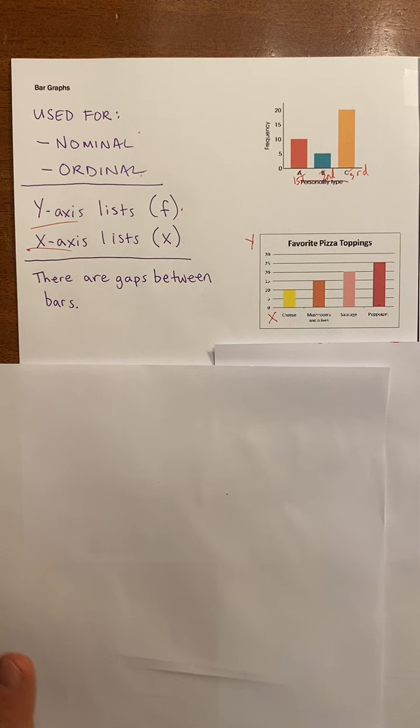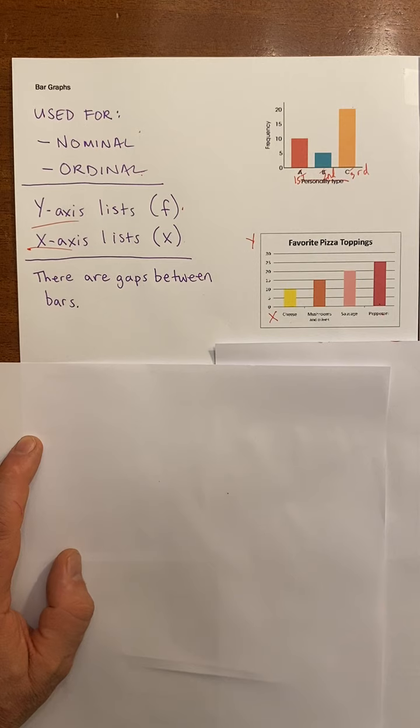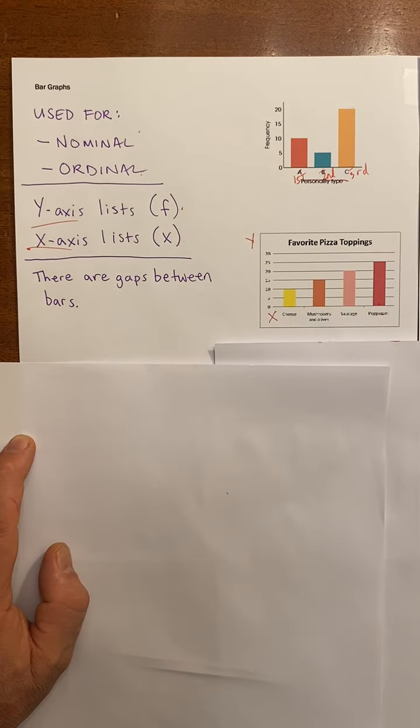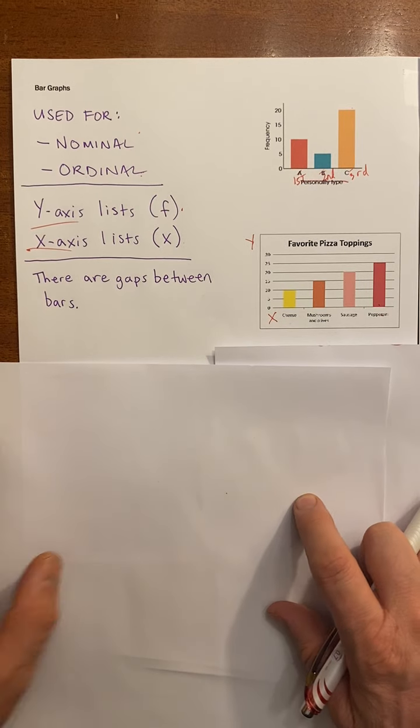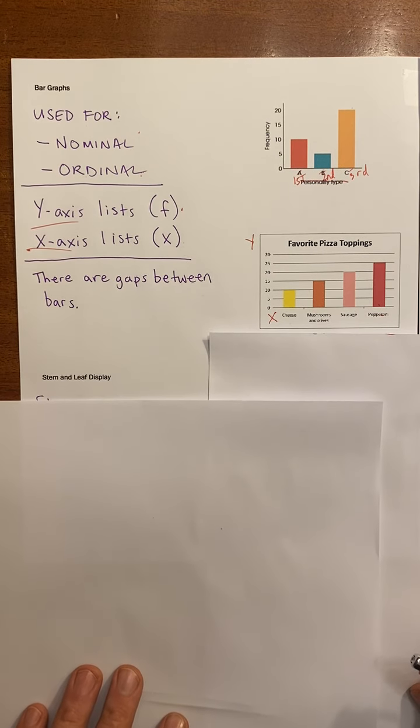So far, we've talked about presenting data on frequency distributions in terms of tables. That was where you could just present the single X values or the grouped X values. We've also talked about presenting them in terms of graphs. And with graphs, we've talked about histograms and now bar graphs. Now, I just want to talk about one last way that you can present data, and that's by using the